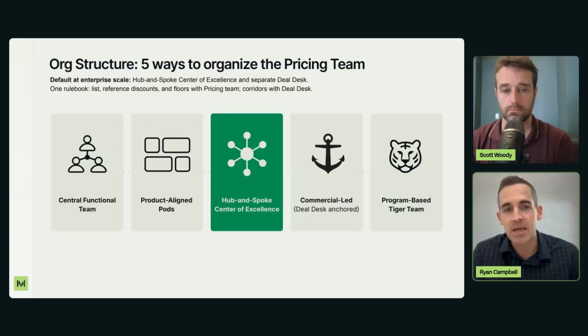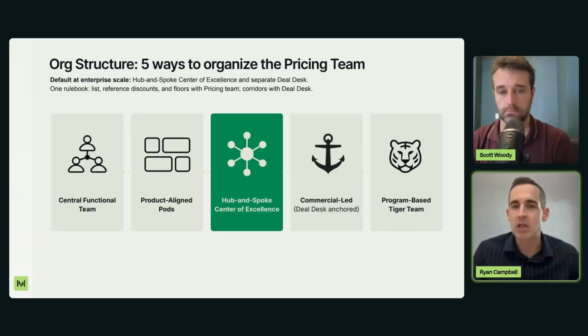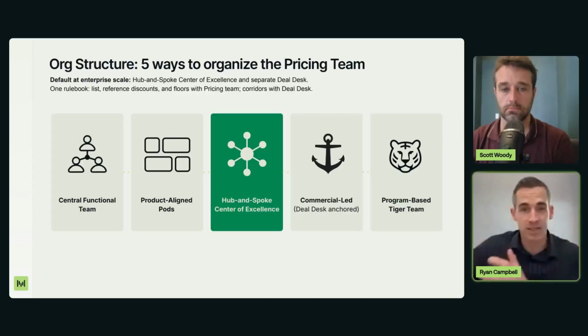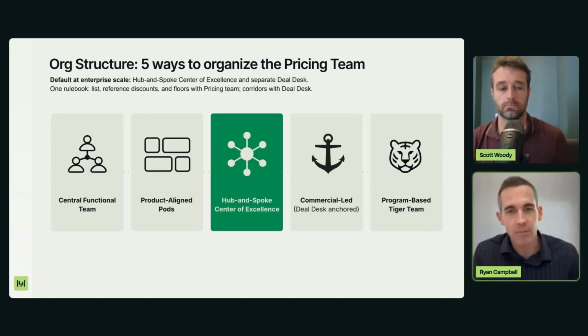These teams tend to be helpful when you're more of a single product, single SKU company. You don't have a lot of crazy volume. You're more focused on how do I keep the pricing narrative consistent as you expand into new markets, new regions, making sure that the economics make sense. But it's a team that can quickly either have to delegate a lot of pricing responsibility to other parts of the organization, or will at some point need to specialize as you move to more of a multi-product type offering.